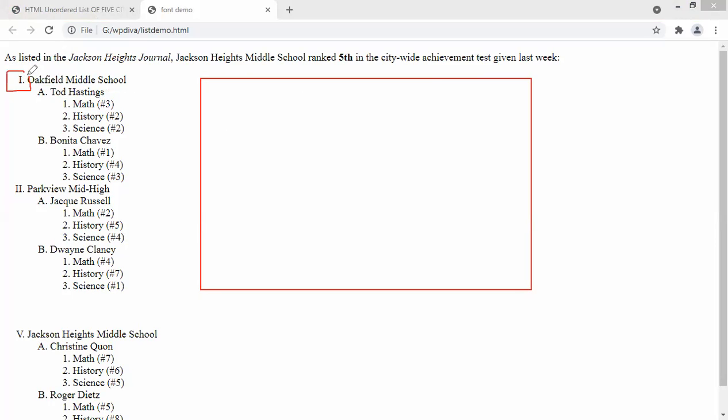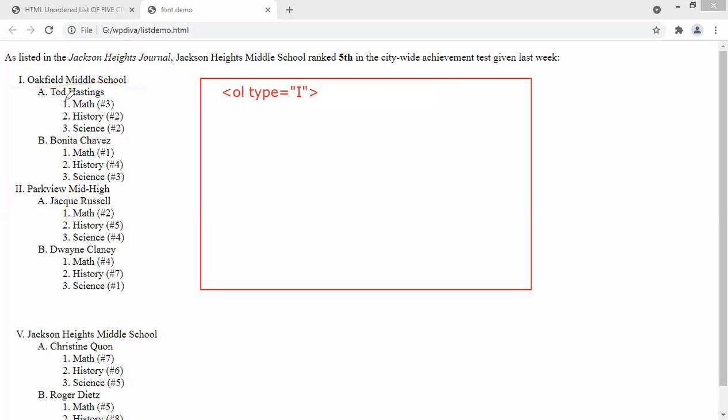So we have Roman I. What is Roman I? Who will tell? Roman I indicates that we want an ordered list. Do you agree with me? So Roman indicates type equals capital I. I want capital I. Then I close this OL. It means my code for this first line is over.